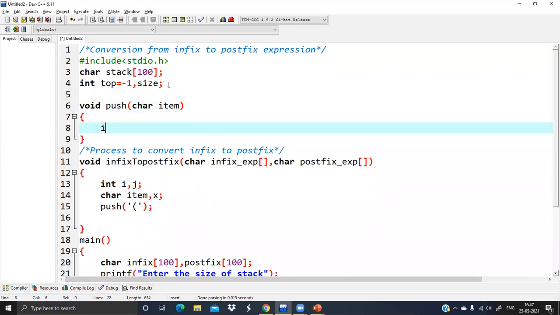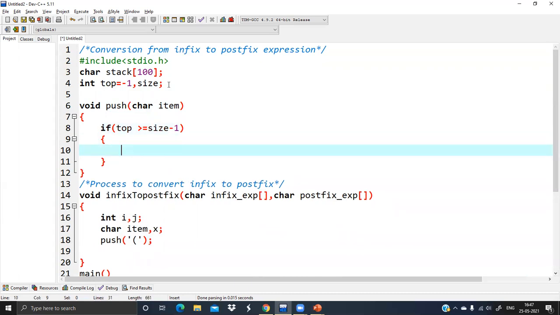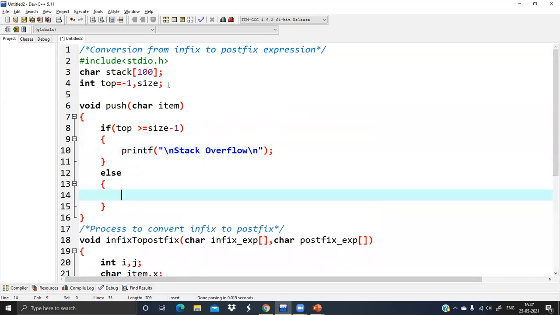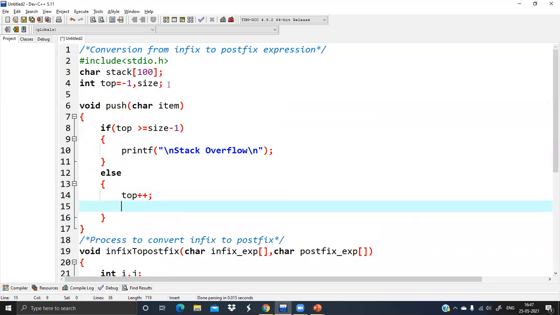We know the use of push operation: first of all, I'll check whether stack overflow condition is coming or not. Otherwise, top will be incremented by 1 and I'll keep my item at stack of top.